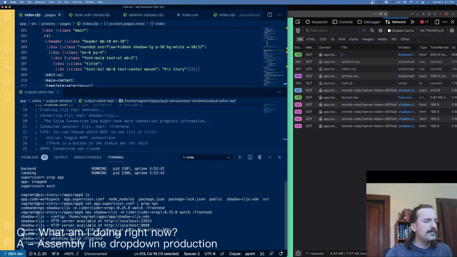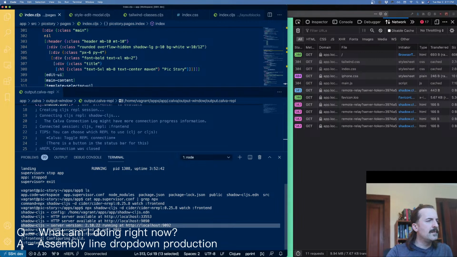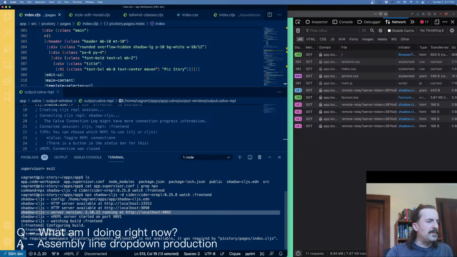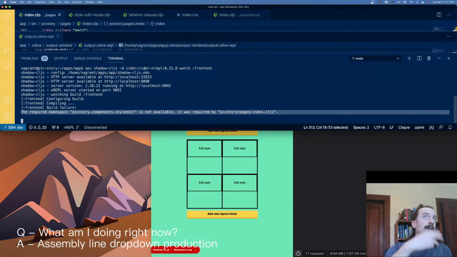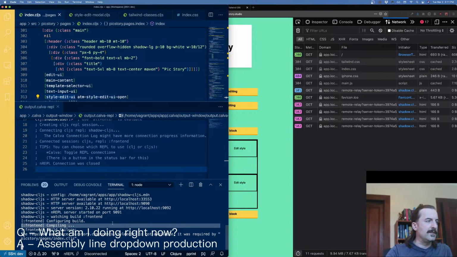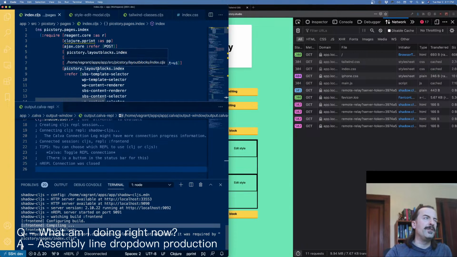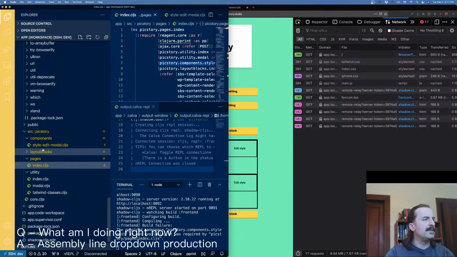Don't think these are reports that I've told you to open on. But we'll see what happens. Required namespace style edit is not available. All right, so that was the error that I needed. I guess you guys can't read that. This is the error that I needed, but I could not see in my supervisor logs. So I don't know if I'm not using that right, but if there's a way I could use it, which would make it more obvious to see, but more what the story is I need to